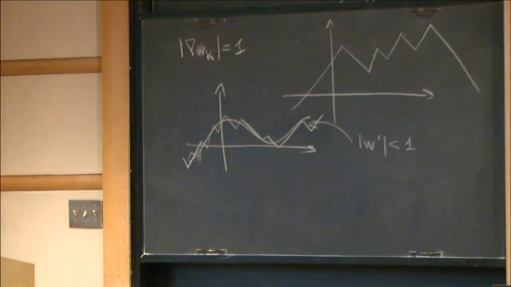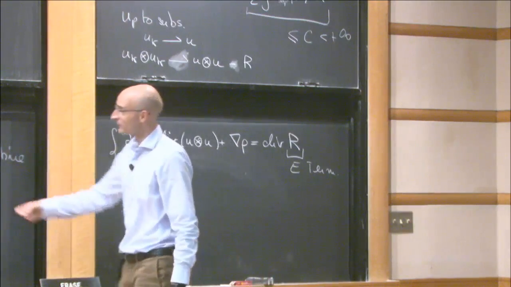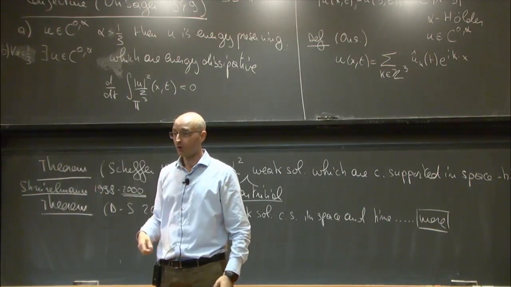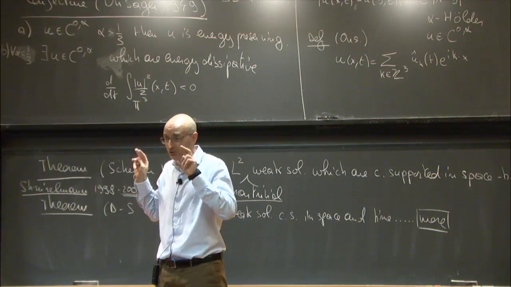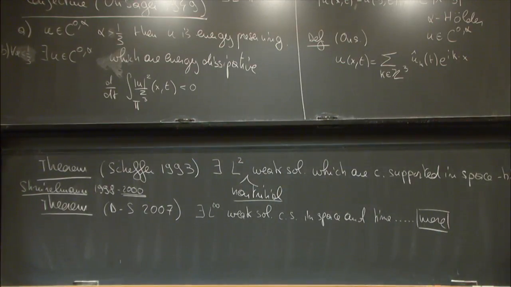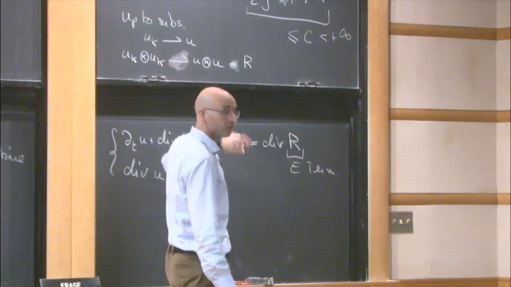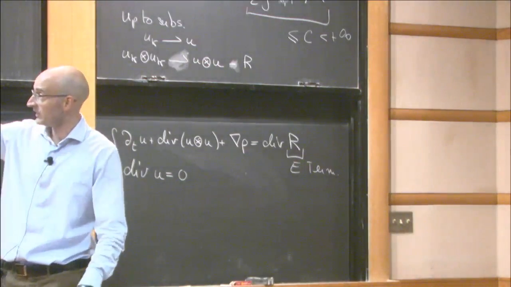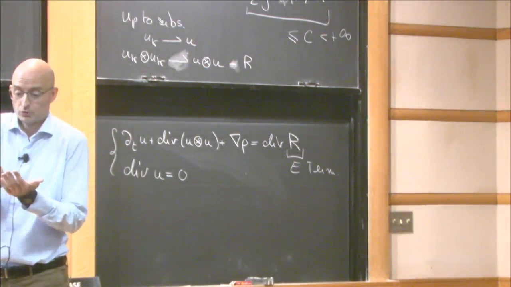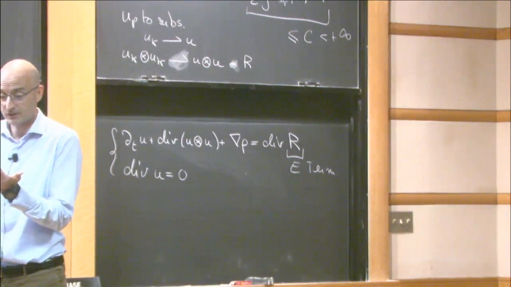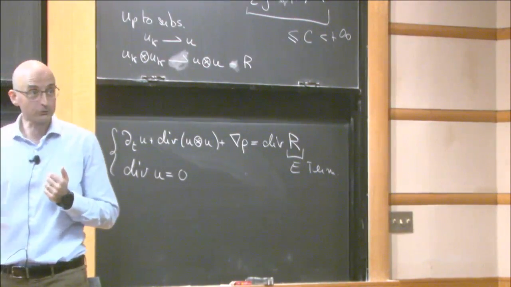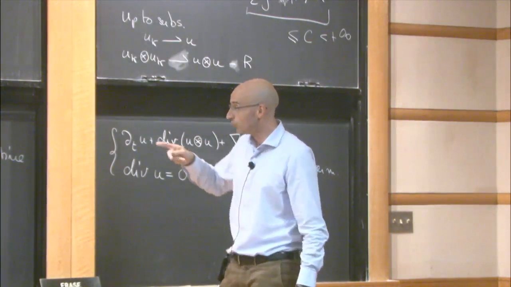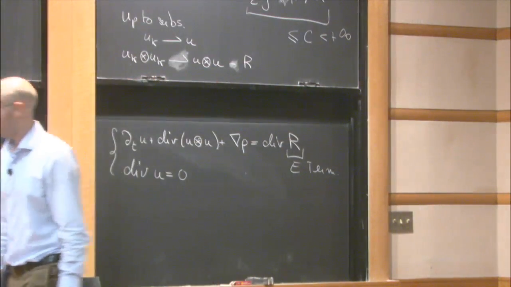Now, here there's something similar. And what actually our theorem over here says is that a very similar principle to that of the eikonal equation exists. So take a solution to the relaxed problem where the only constraints that you put on R is what comes naturally out of this convergence, which is just essentially a Jensen's inequality or a convexity inequality, which is the very same convexity inequality which is telling you that if I am a sequence of solutions with slopes 1 and minus 1, it converges to some function that has slope in between. Okay? And I will be able to approximate, in a suitable sense, any solution of that relaxed problem with a solution of the Euler equation. Okay? So this comes with